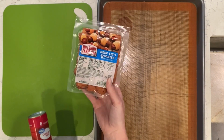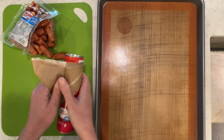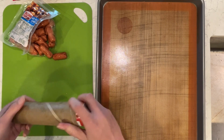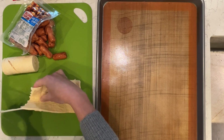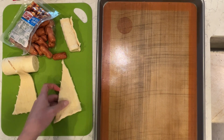I'm going to be doing little smokies wrapped in Pillsbury dough, and these are one of my family's absolute favorites for everyone. The kids and the adults love these. So you just take the crescent roll dough and unroll it. You don't have to pinch the seams together on this one, but I'm just going to take the triangle and